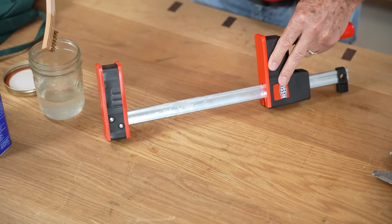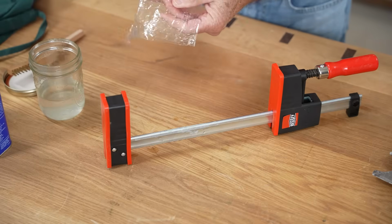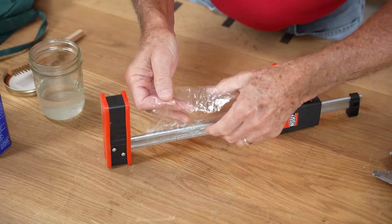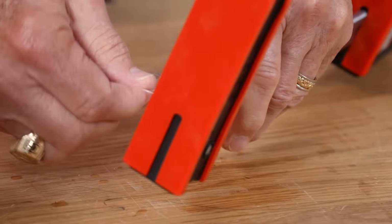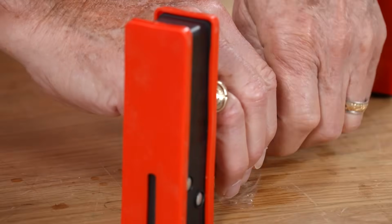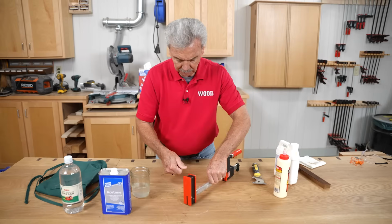And now to keep it on there, because it's going to dry pretty quickly, especially with the acetone, I'm just going to take a little saran wrap like this and wrap that around that spot. Again, depending on how long the glue's been on there and how thick it is, I'm going to let this sit for 15 or 20 minutes or so. So while it's doing its thing,